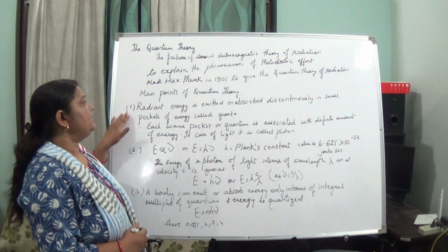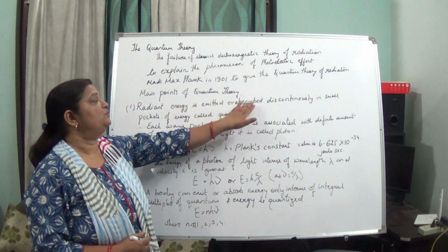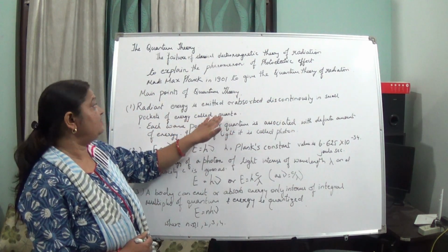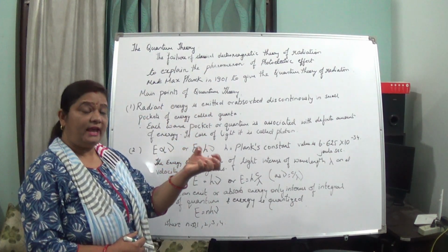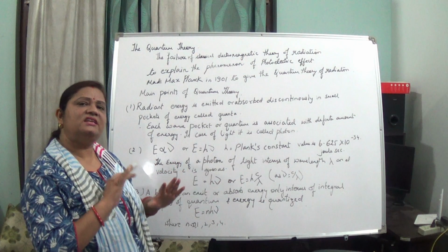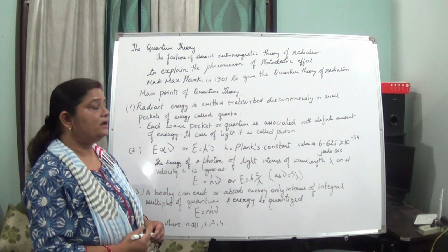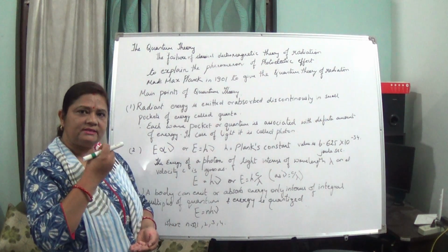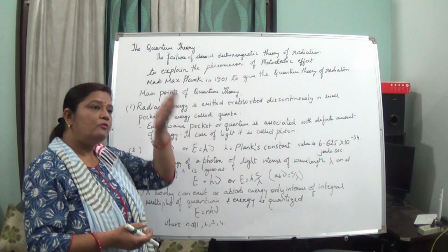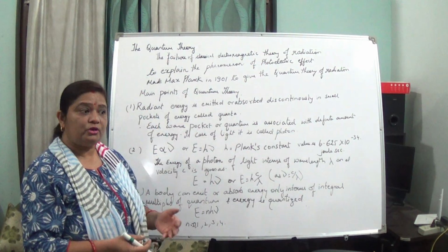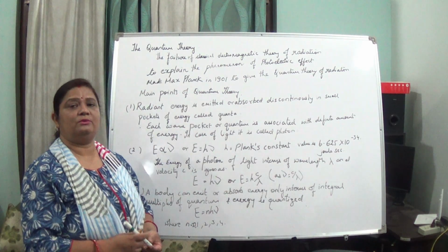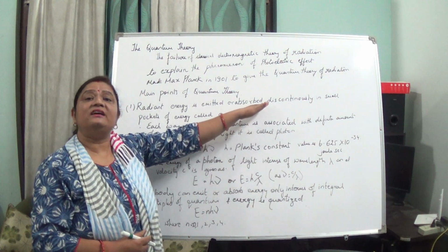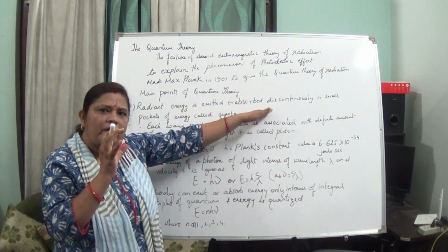First, radiant energy is emitted or absorbed discontinuously in small pockets of energy called quanta. Here we see that this energy is emitted or absorbed in a discontinuous manner. How will we understand that? Suppose you are eating your food, you eat it bit by bit, isn't it? It is not that you open your mouth and the food just enters your mouth. So you are eating your food in a discontinuous manner. Likewise, this energy is emitted or absorbed in a discontinuous manner in small pockets of energy